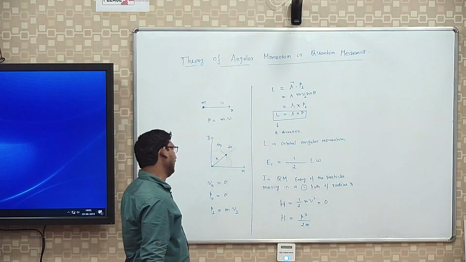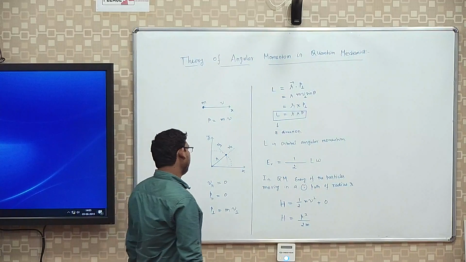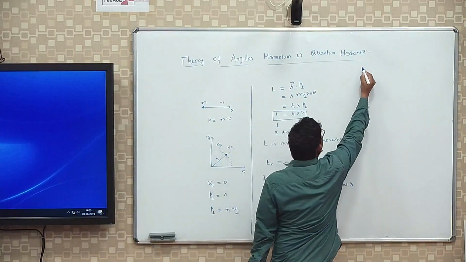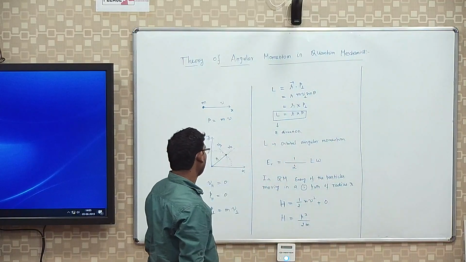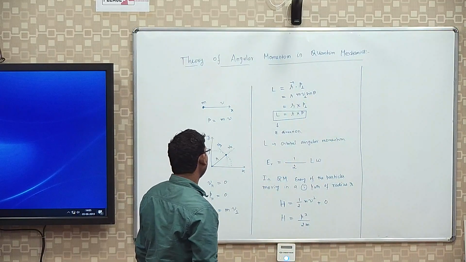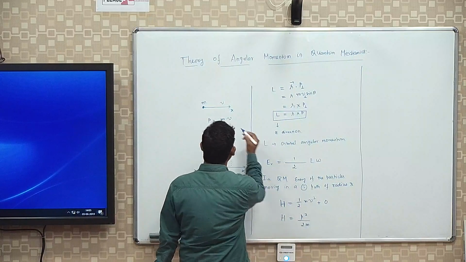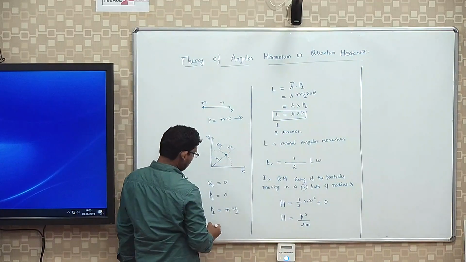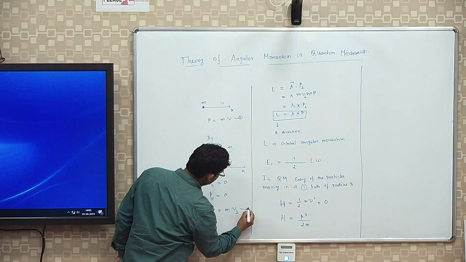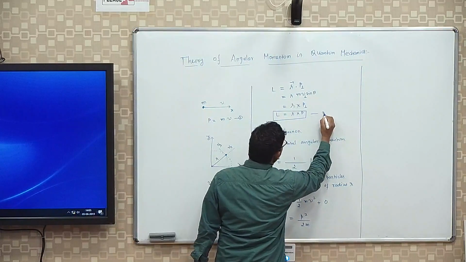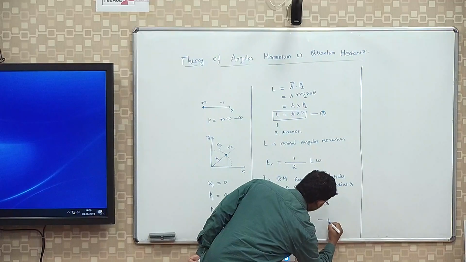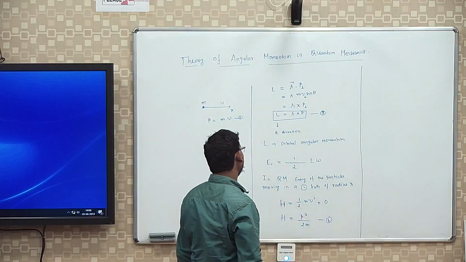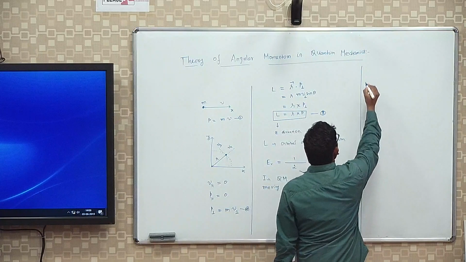Here p is the linear momentum. Let us make these equation numbers: this is 1, this is 2 and 3, and make it 4. And from equation 3,